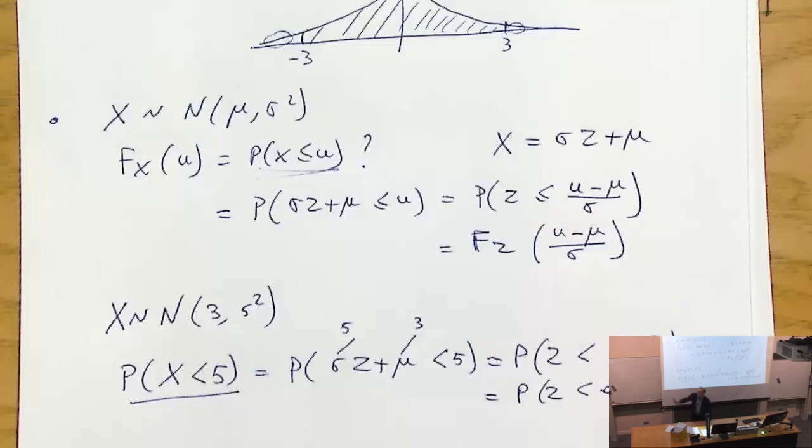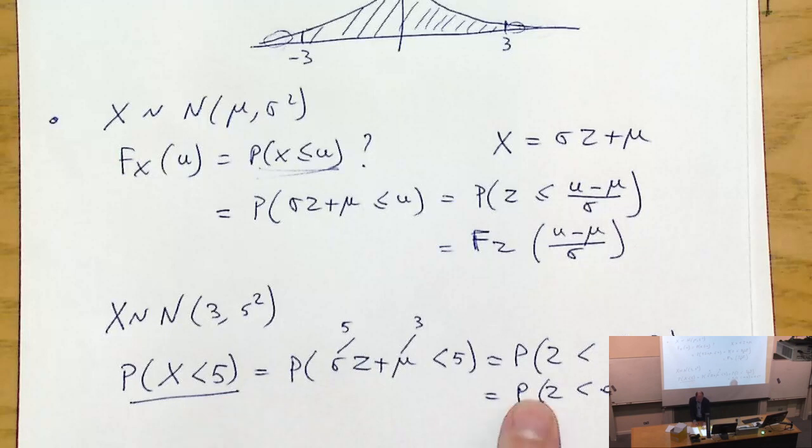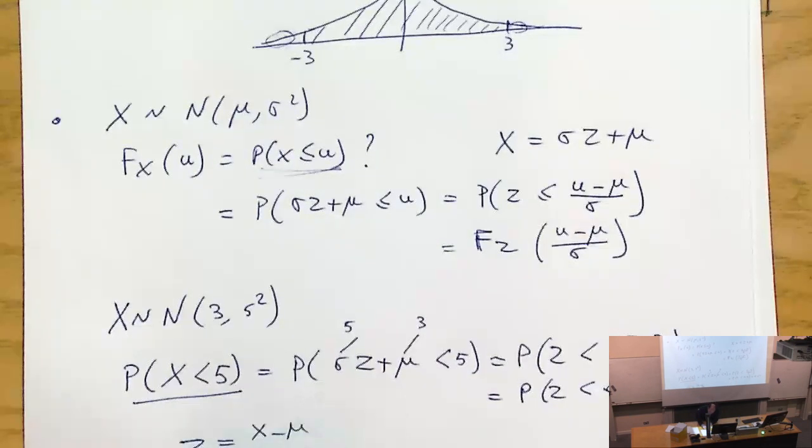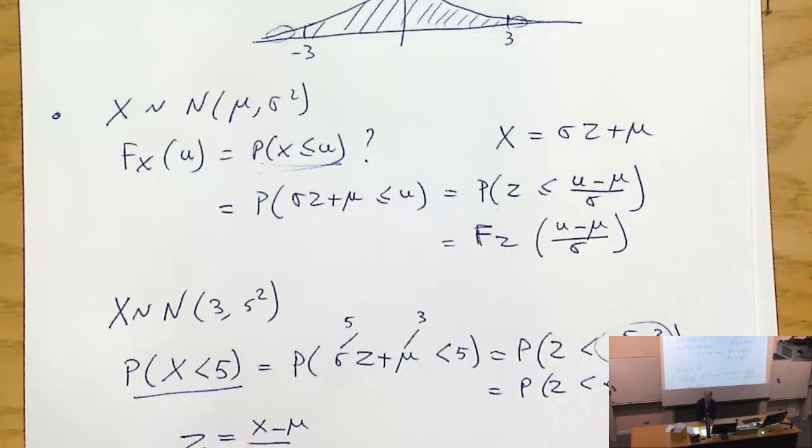So do not apply the table directly to a normal random variable that is not standard. You have to standardize it first, right? And standardizing first means essentially what we did here. You can always write z as x minus mu over sigma, and this is what we did here, essentially. Yes? Any other